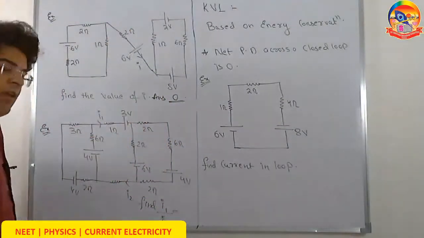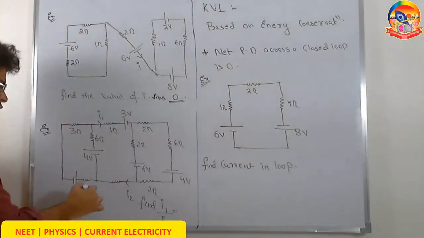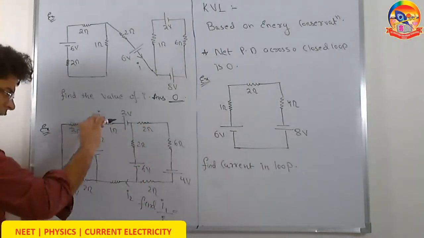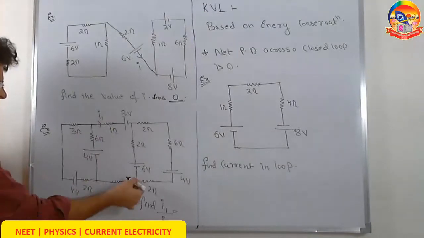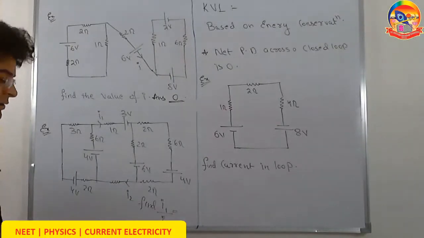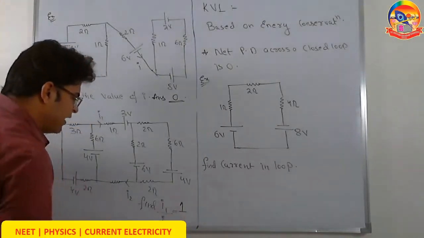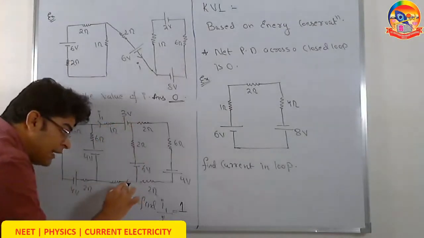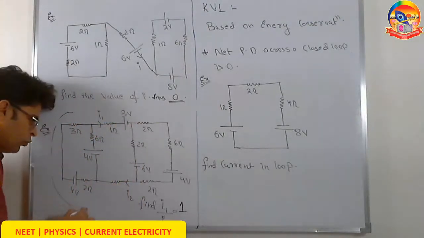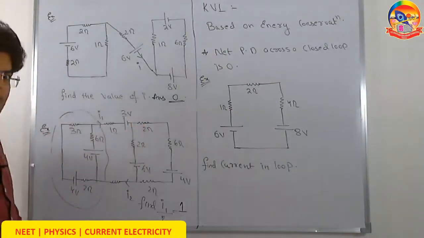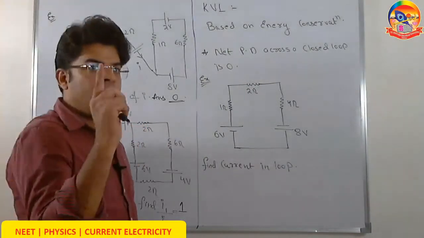Next question, this is one of my favorite. There are two loops, loop 1, loop 2, and they are joined like this. The current in this wire is I1 and the current in this wire is I2. What is the ratio of I1 by I2? The answer is 1. Why 1? So easy. Current exiting the loop must be equal to current entering the loop. If I take this much loop only, current exiting is I1, current entering is I2, they have to be equal. So their ratio has to be 1.